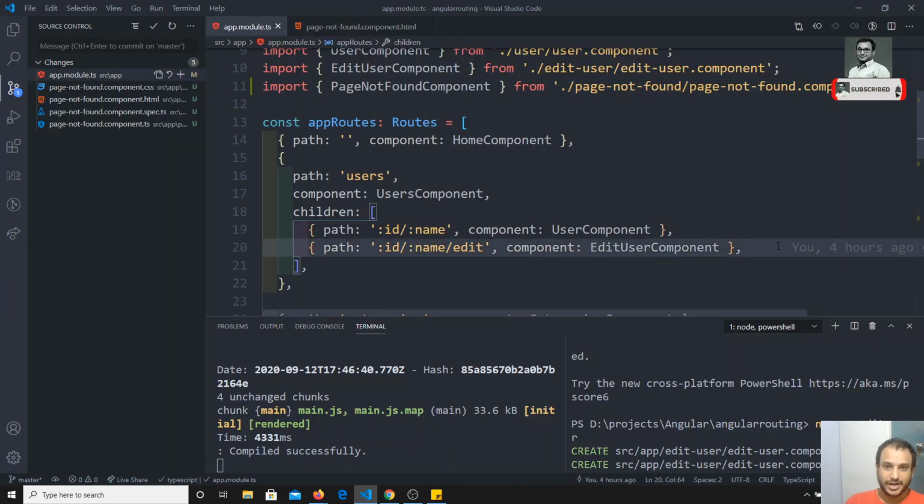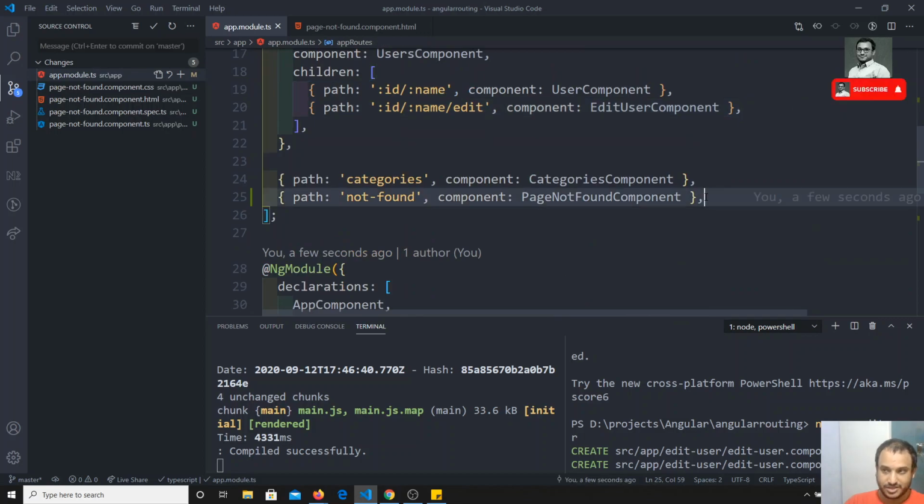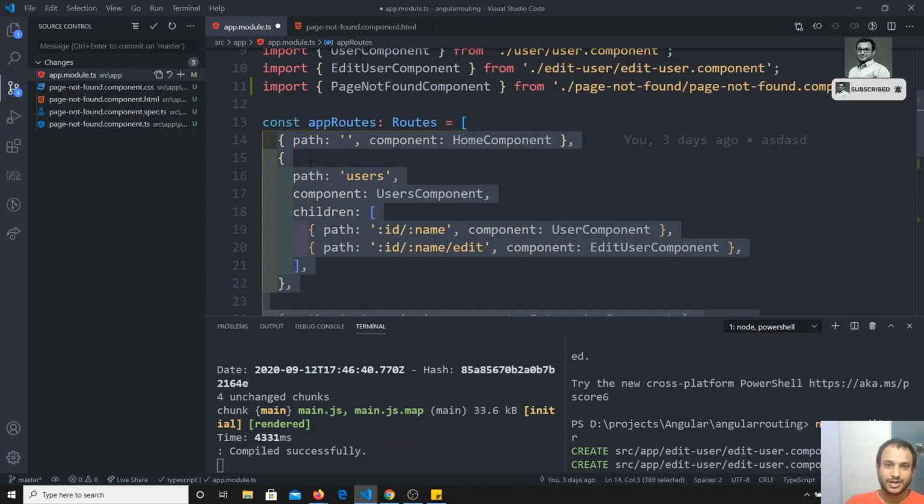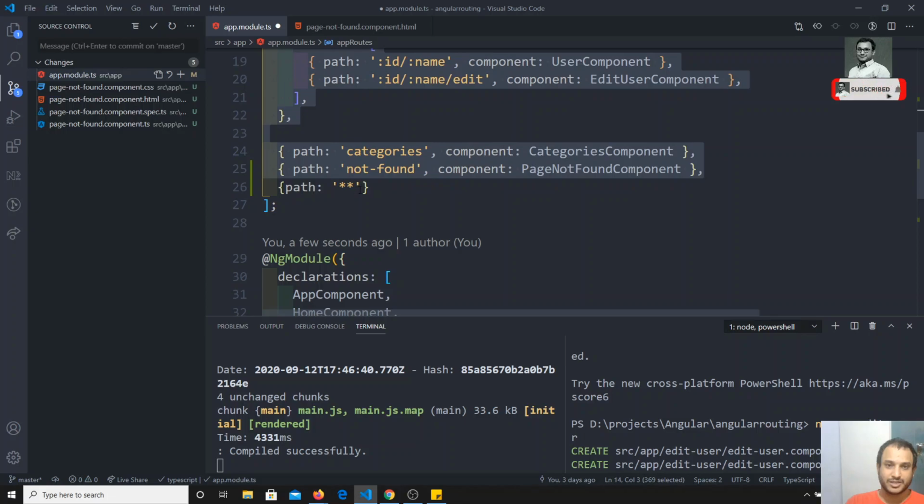At the end of the routes, we need to write a path. We don't know the path, since the user may type anything. How can we represent that? We will use double star. The path which doesn't match anything above, you need to remember, you need to write it at the bottom only.